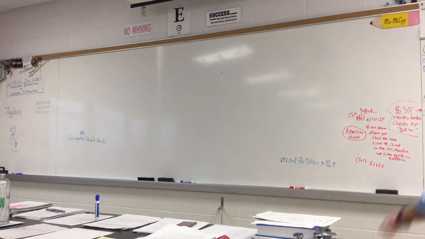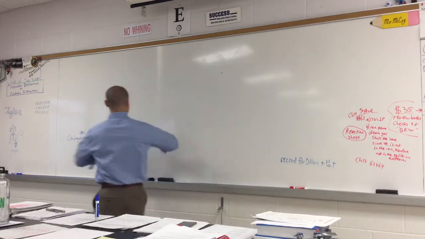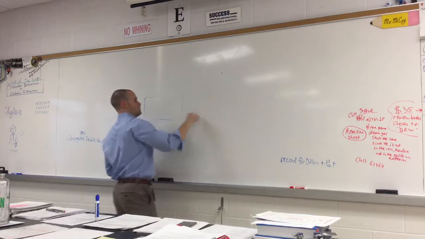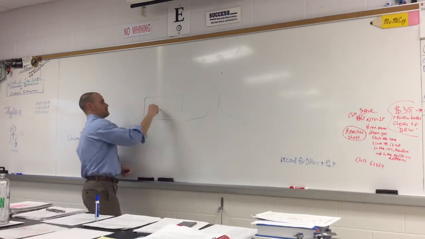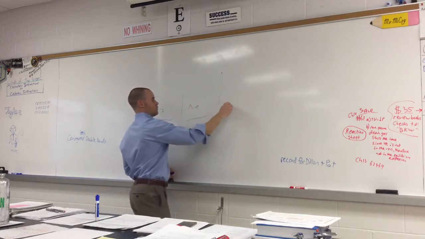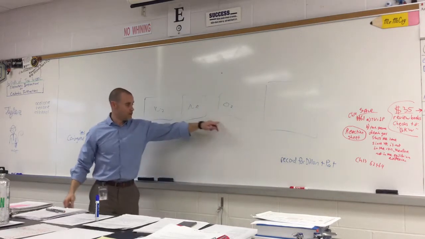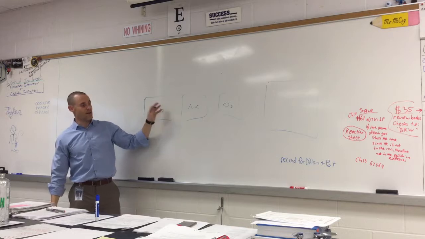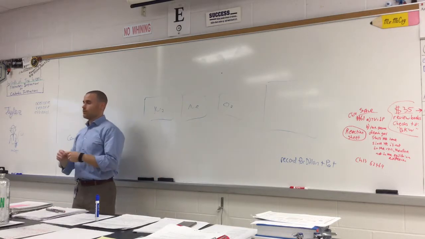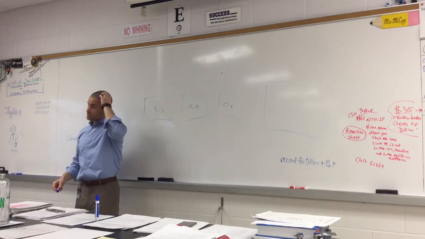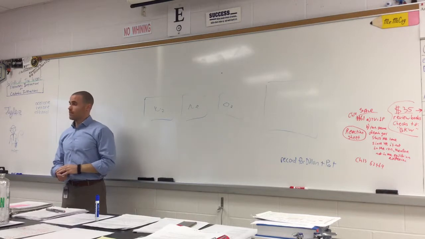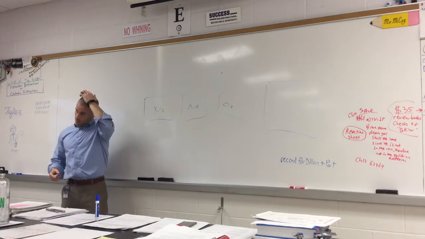Alright, let's say you have 3 containers, each with their own type of gas. Neon, nitrogen, and oxygen, let's say. So you have 3 containers. 1, 2, 3. So let's say this is nitrogen, neon, oxygen. And then let's say you have a larger container, and you know some information about these, and then you combine them into that larger container. Will the pressure change? Are you supposed to pretend they don't interact with each other?